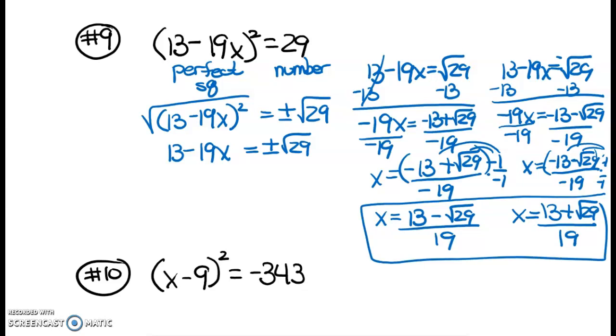And I'm not going to have enough time to do the next one, but it's done the same way. We do have a perfect square that equals a number, so just take the square root of both sides and